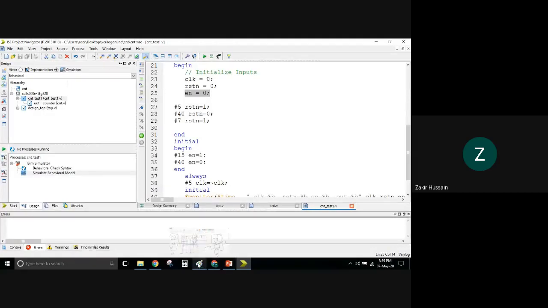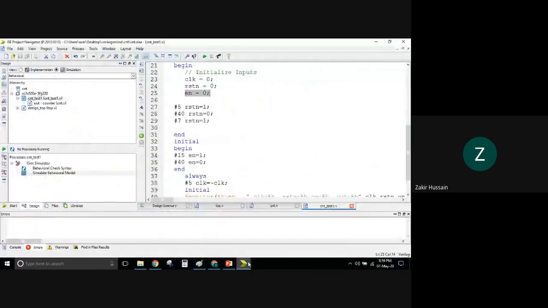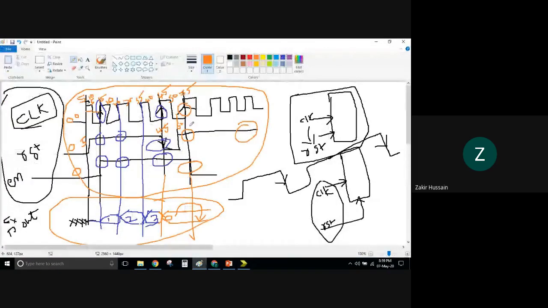At 15, enable should go high. So in this initial block, enable goes high at 15, then at 50 your enable should go low.